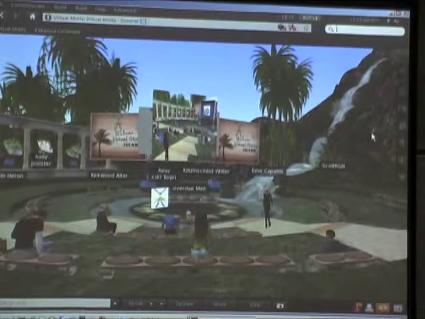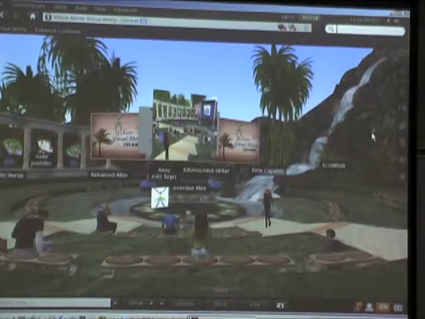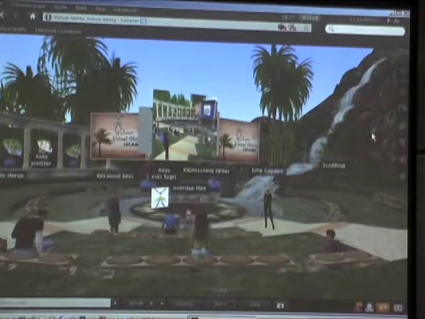There are educational opportunities, not just formal ones like your community, but also informal opportunities to be educated. There are places you can go dance, there are places you can go play soccer. It's just pretty much anything you can imagine you can go and do in Second Life.